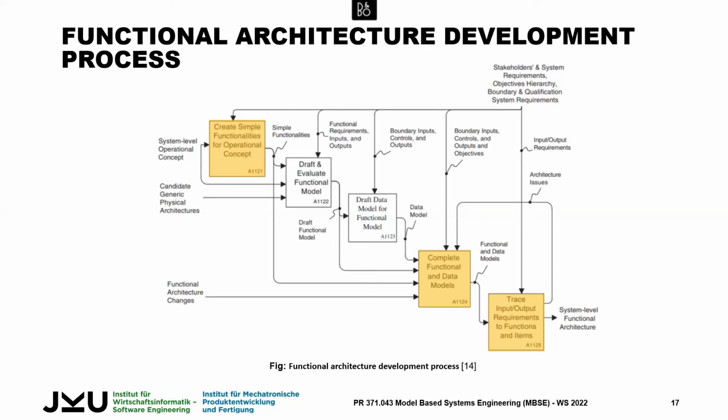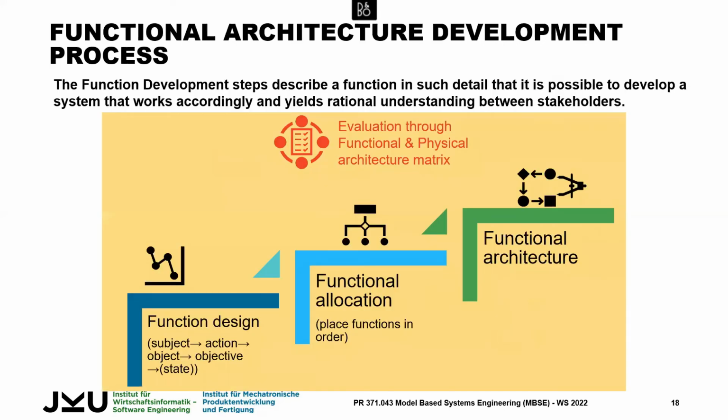But it's a little bit complicated to understand. So I think this is the better way if you want to create explicit functional architecture. This is supposed to be the process. First, we design the function based on subject, action, object, objective. And I think the state change is also necessary because